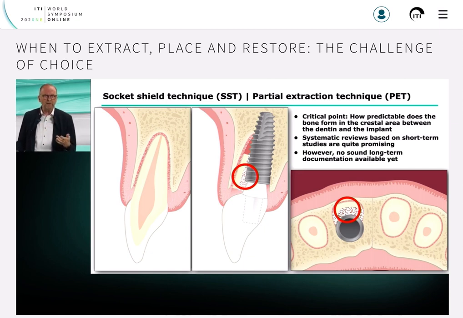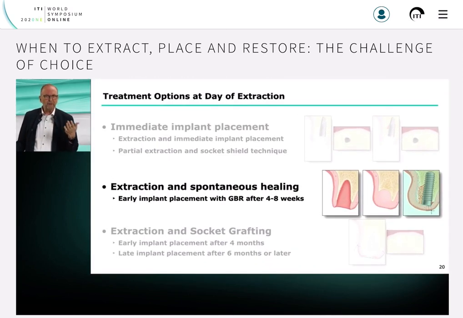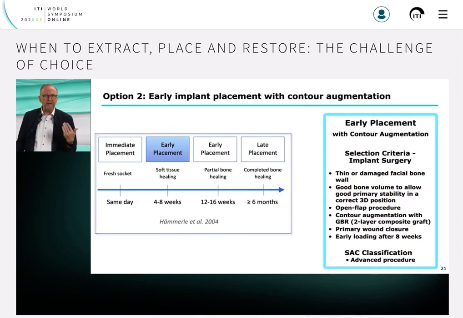We have systematic reviews with rather, let's say, quite promising data, but only short-term studies, and we are still waiting to get sound, at least 5-year studies to document the stability. Next one is now extraction and spontaneous healing for early placement. You see, this has been documented very well, and you see we